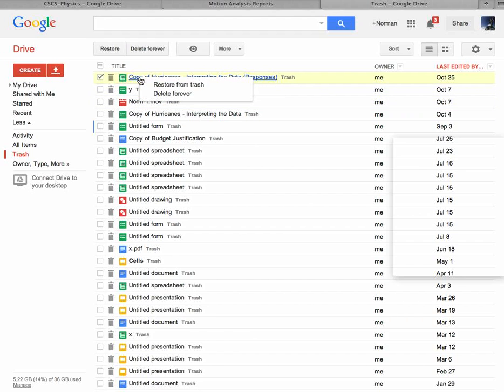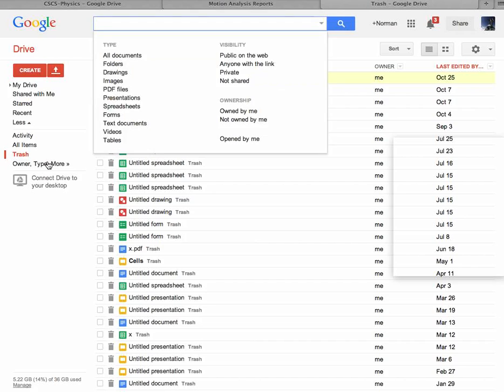You could right-click on it and restore from the trash, or you could delete it forever if you totally want to get rid of something. Now, when you click on the owner, type, and more, this allows you to view your entire Google Drive